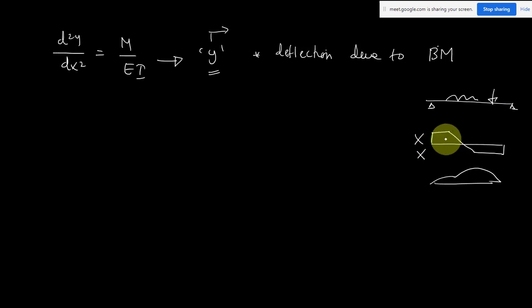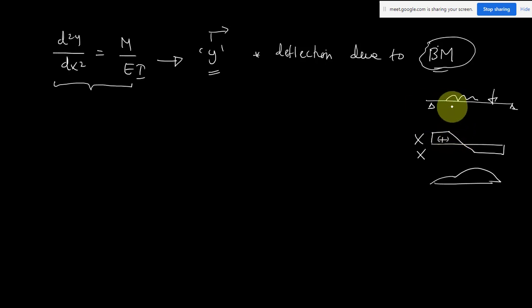Because of the shear force there will be some extra deflection, but it will be very negligible compared to the deflection due to moment. So the total deflection you can say approximately is the deflection due to only bending moment. If you take any method, we are considering only the effect of moment in the deflection calculation. Even if we include the shear effect, we can find the deflection due to shear also. Maybe you have to use some energy method, Castigliano's theorem. If you use it, you can find the deflection due to shear force separately, but that effect will be very negligible, so I can neglect this part.